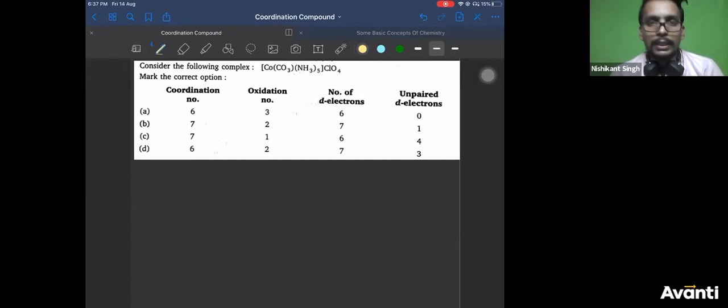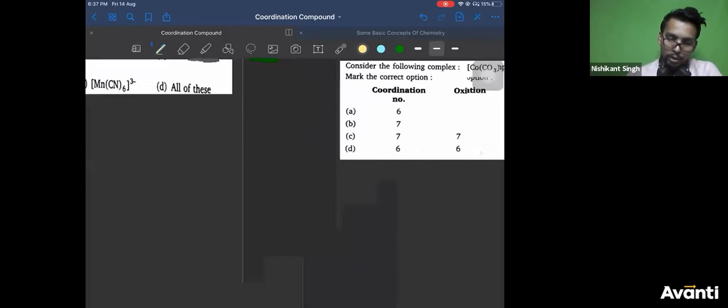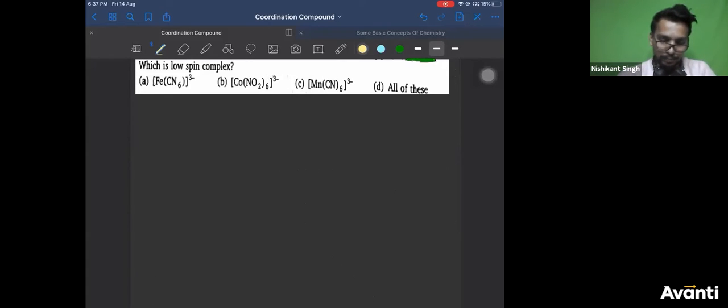If this finishes, let's do some questions on it. This is your first question. All of you can answer it very easily. Mean pairing energy is not required in tetrahedral complexes because it is a high spin complex. You can start voting for this. We'll do some questions and play Kahoot. That will be our end of syllabus, end of class.